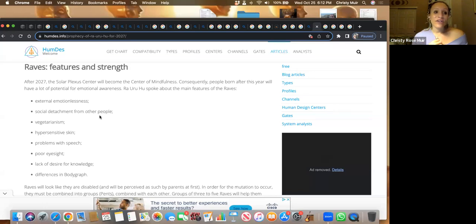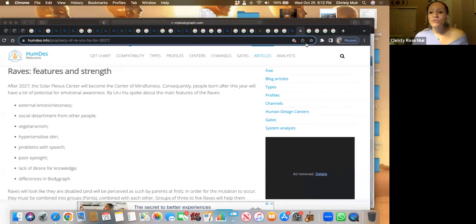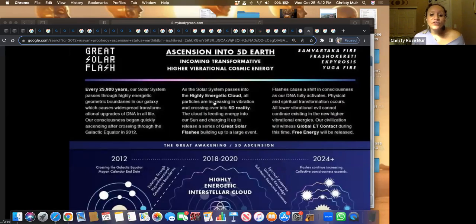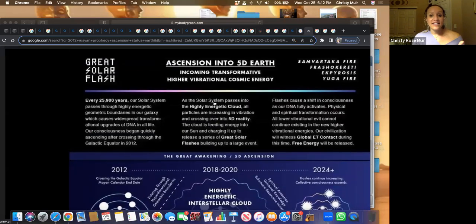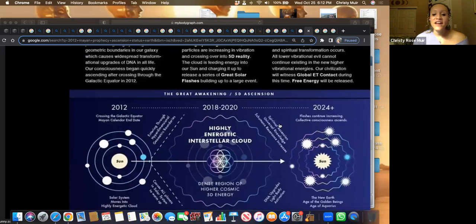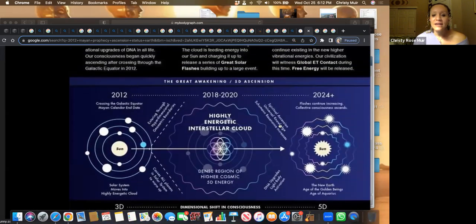And as I said earlier, I prefer other visions of our collective conscious future of humanity. But I just wanted to let you know that that's another thing that is part of the human design system, is cosmology as well as predictions for our future. I prefer to see us as ascending. This just happens to be an infographic that I picked. I don't subscribe to any of it, this isn't something that I'm associated with, but that we